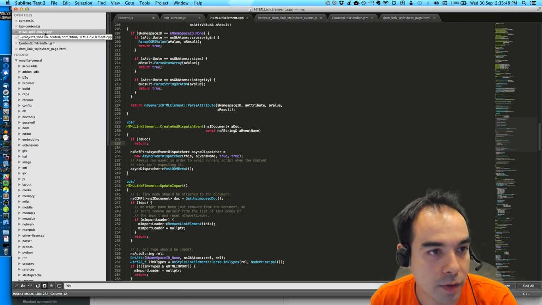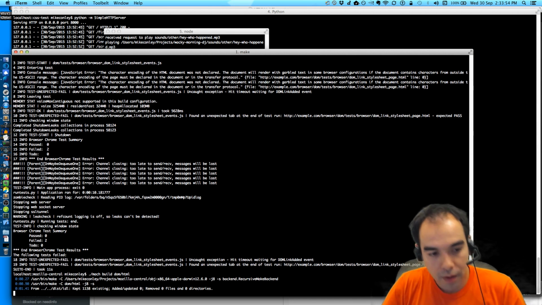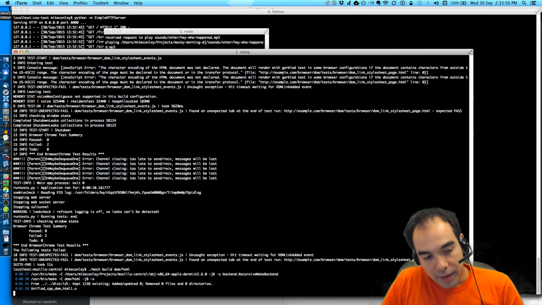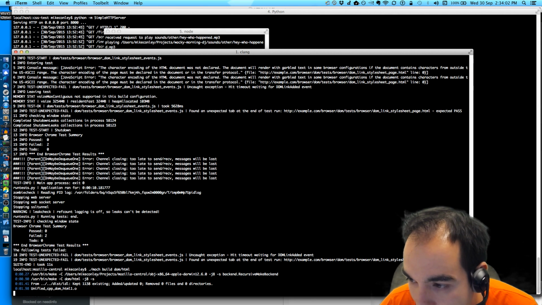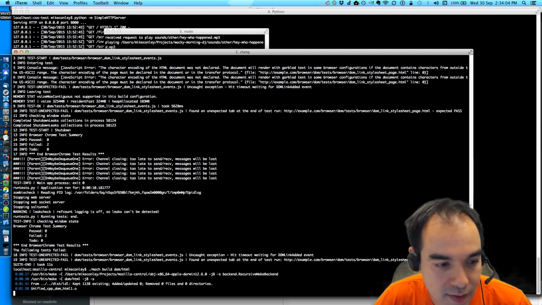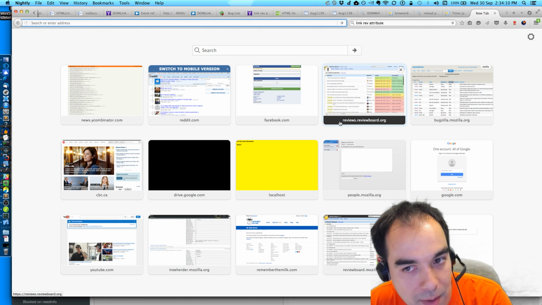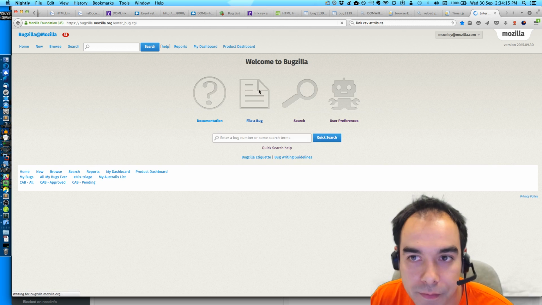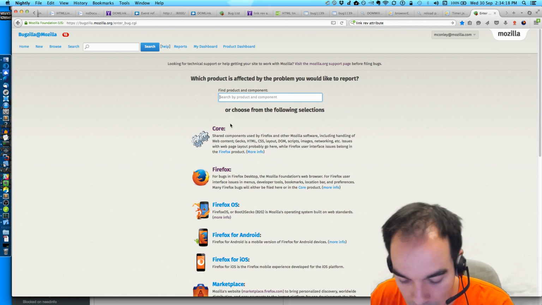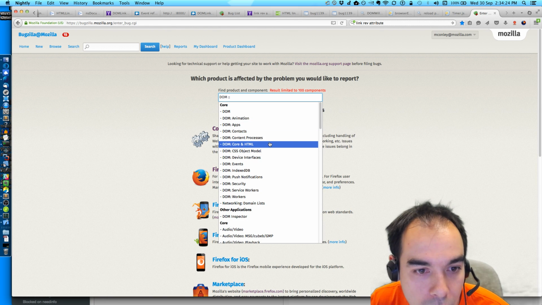What is this folder? DOM HTML mock build DOM HTML. And that might take a couple of seconds to build. And if that's the case, and our tests all pass, then I think it's time that we put up a bug, the test case, and maybe our speculative patch. So let's file the bug. File under DOM core, DOM events maybe.